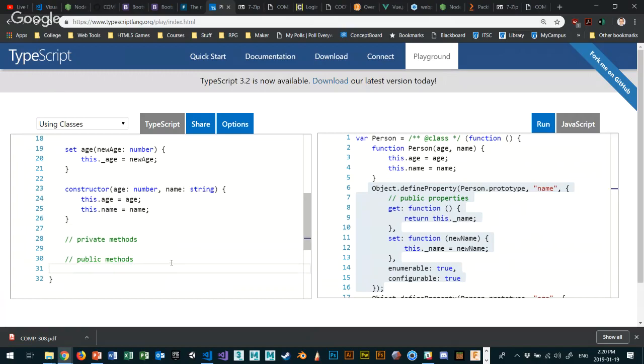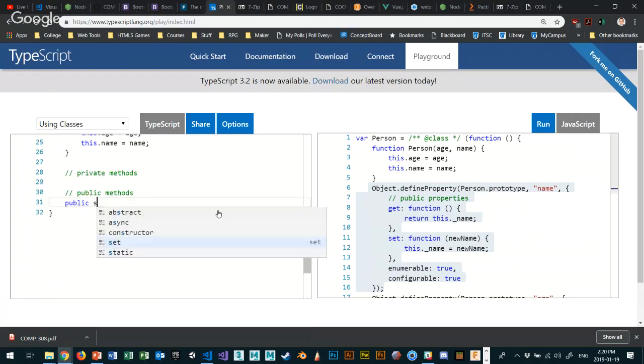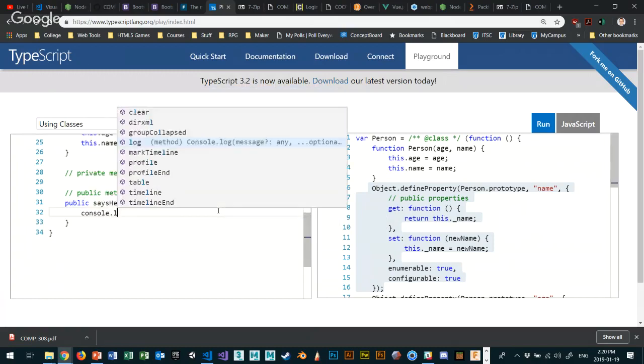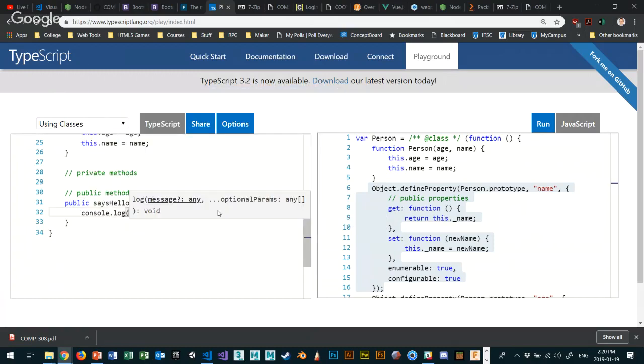Maybe I want to have that says hello method, and I want to make it public. So public, bring it up here, so you can see it. Says hello. The person says hello. It returns void, so I'm not going to return anything when I say hello. And I want to use a console.log with some kind of backtick. Remember we talked about this backtick, where I use some kind of fancy CSS to say the person. So this person, this dot name. So the getter for the name this time